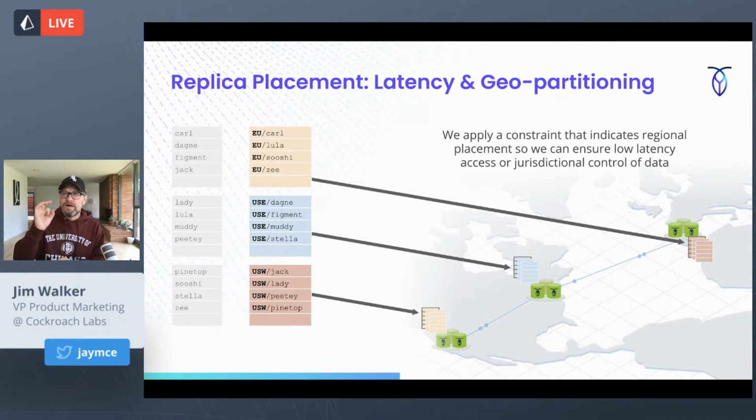So I can use a column in each row to actually change the lexicographic sort of the KV. And now I can be assured that all these ranges, oh, this is a little bit wrong. These colors here are a little bit off. This first range is going to be written to the EU nodes. The second range, I can actually create rules that this is going to be written to the east and then to the west. And it's really a simple couple of DDL statements that allow you to do this in Cockroach. And if you actually do it, this can all happen